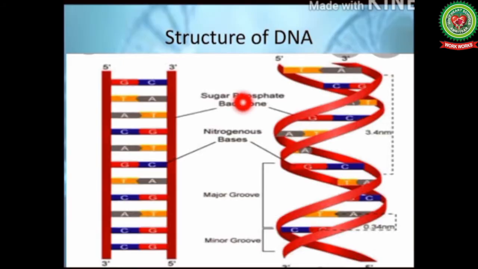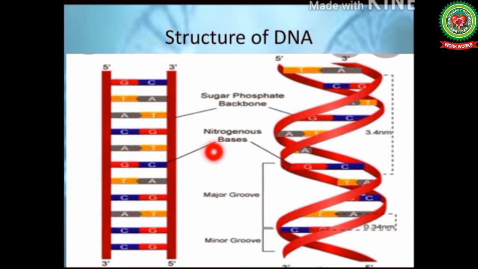Now if we talk about the structure of DNA, DNA is a long polymer made up of repeating units called nucleotides, each of which is usually symbolized by a single letter, either A, T, C, G. Here A stands for adenine, T stands for thymine, C for cytosine and G for guanine. The structure of DNA is dynamic along its length, being capable of coiling into tight loops and other shapes.